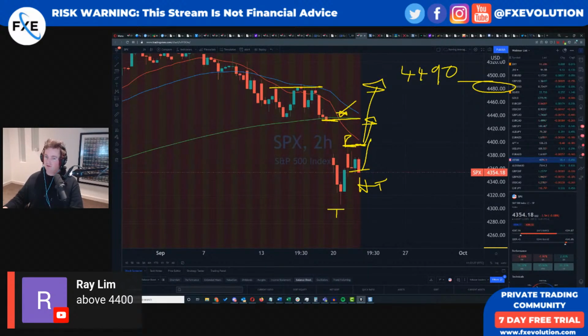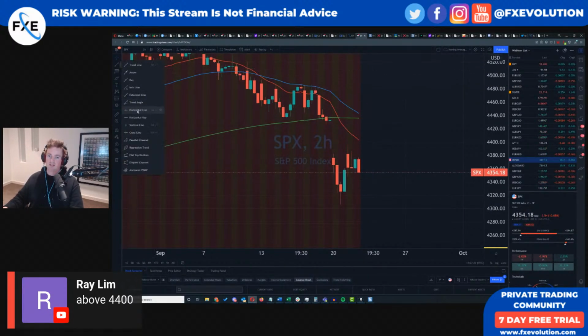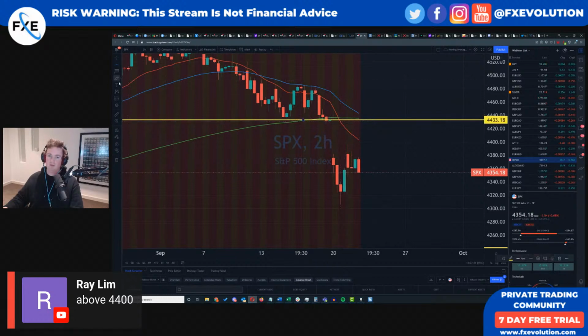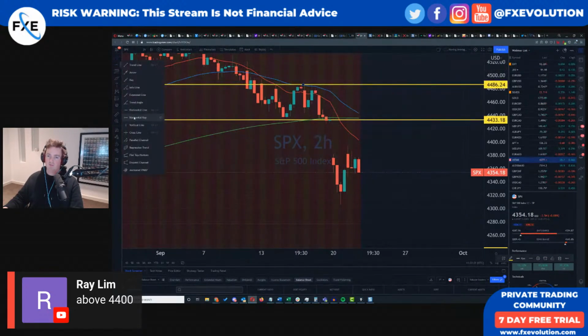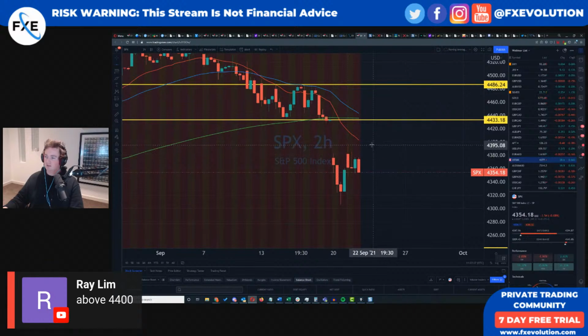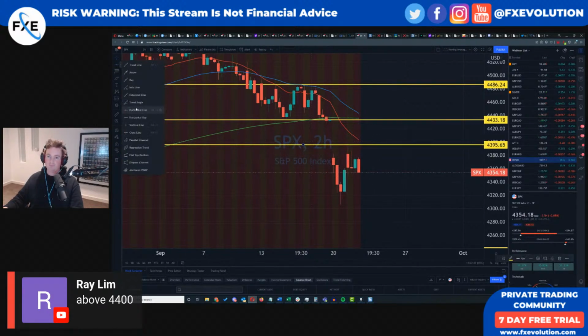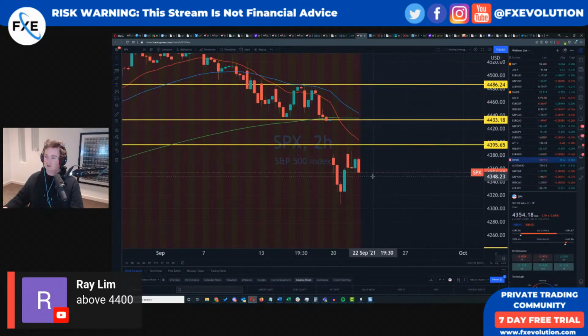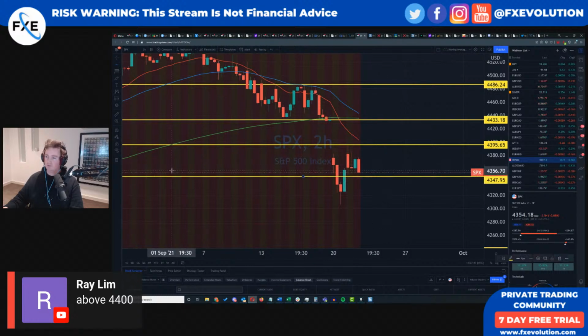So you've got very clear zones. If we were drawing all the clear zones up, we've got a clear zone here. We've got a clear zone at the peak, 44.90. We've got a clear resistance, which is that 4,400. And then we've got a very clear kind of low, which is going to be around here. And if we get underneath this, we go back to test the lows, 4,300.